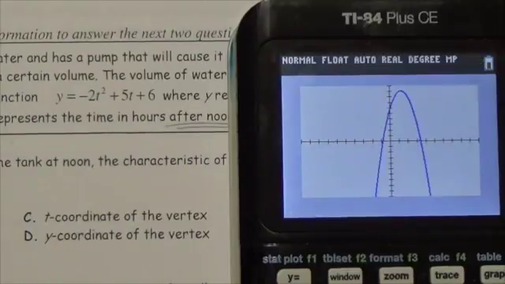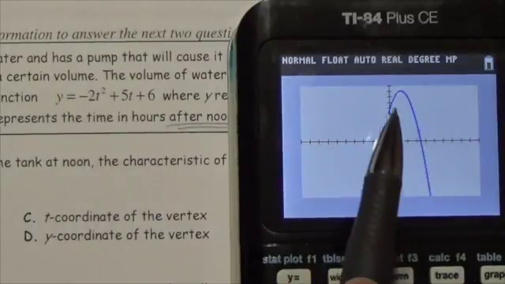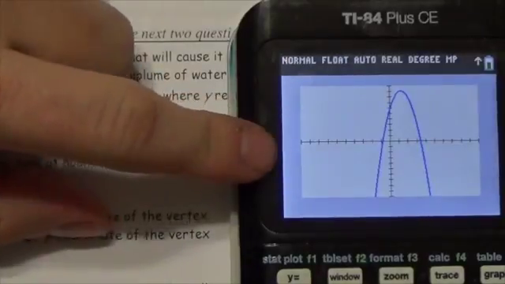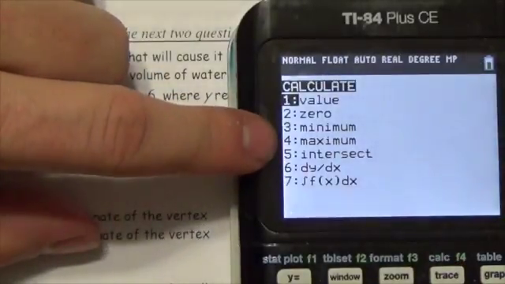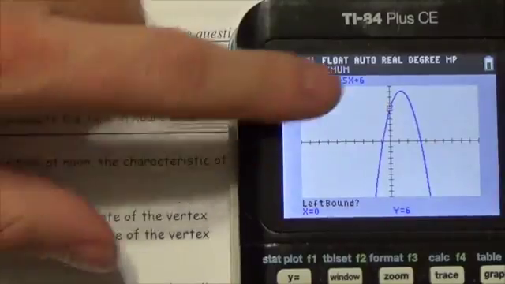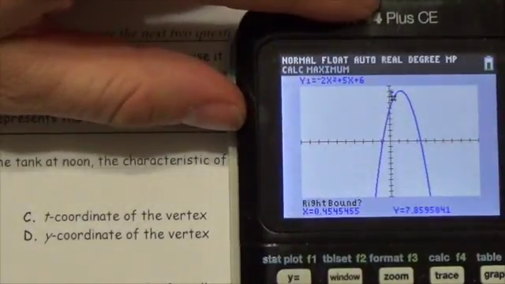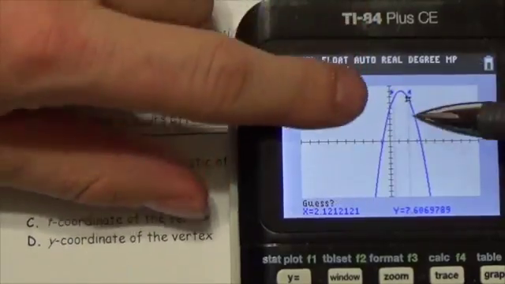And actually that's beautiful here. The next question I'm answering here is only asking me for the maximum volume, so I don't really need to play with the window settings much. I'm just going to press second trace, and I'll use that maximum feature right there because I can see the peak right there. So I'm going to move the cursor close, press enter, overshoot it, press enter so that the